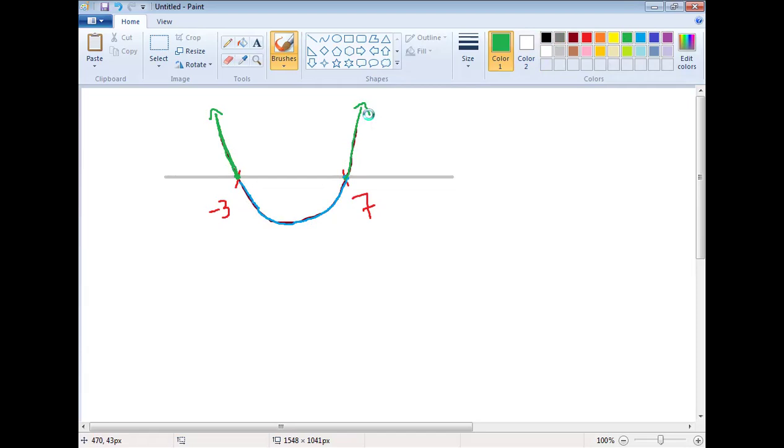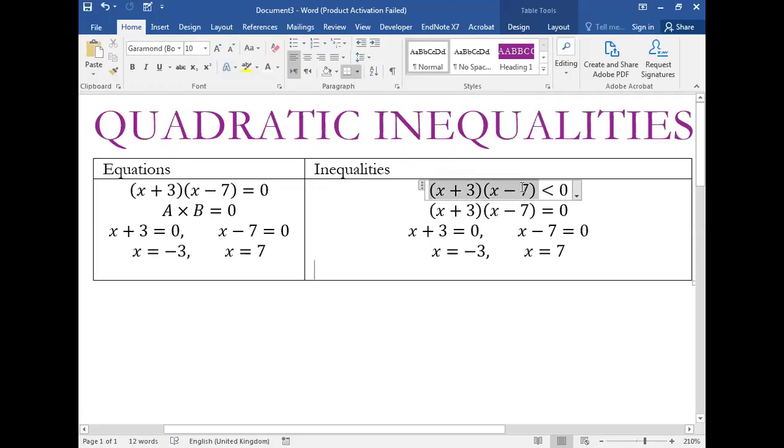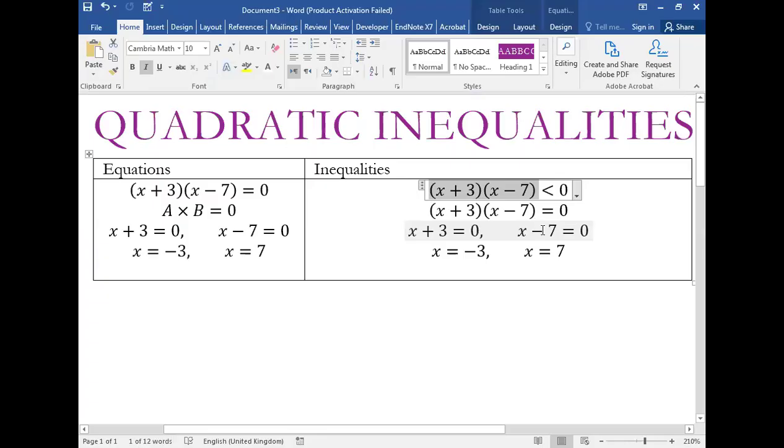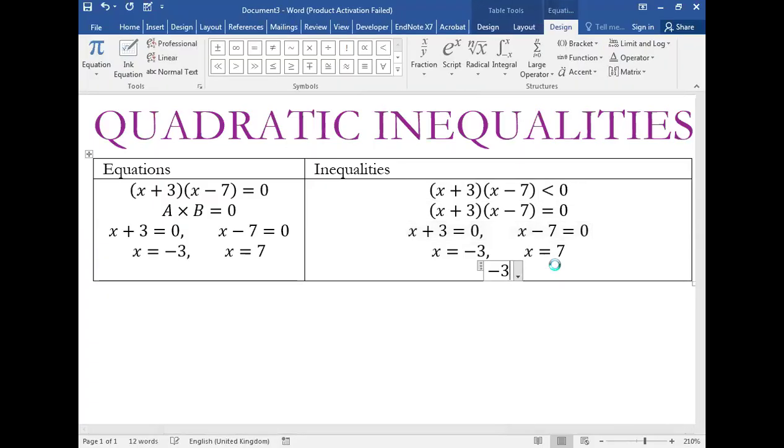Come back to the question. What is the question asking? Tell me the values of x when the entire quadratic is negative. And when you traced it, where did you find it to be negative? Below the x-axis in this region? Yes. What values of x do you see in this region? कहाँ से कहाँ तक? From -3 till, so you'll say x is in between -3 and